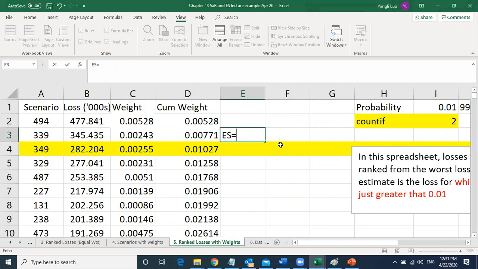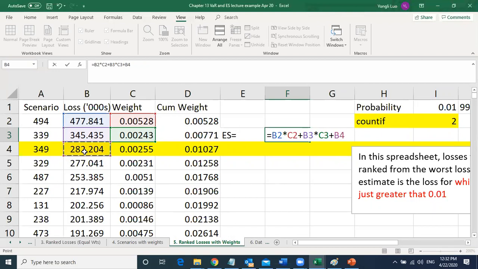Expected loss is equal to the loss times the weight, plus the loss times the weight, and plus the loss times the weight. The weight is going to be the probability, so we have to fix that, minus